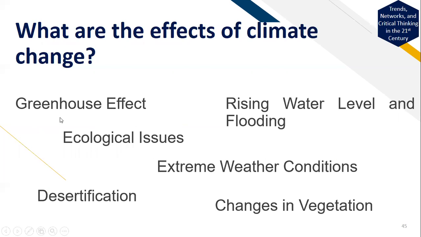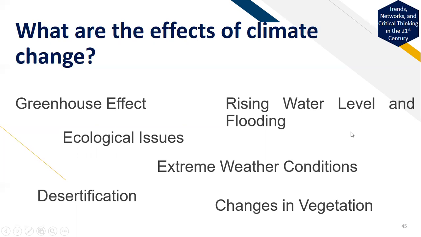So pag sinabi natin greenhouse effect, ito yung natatrap yung sobrang init. Okay, natatrap yung sobrang init sa ating mundo. So instead na nagba-bounce back siya sa solar system, ang nangyayari is dahil nga sa kapal ng pollution sa langit, natatrap yung init. Okay, so ang tendency niyan, umiinit yung kapaligiran natin. Okay, so yan, ecological issues. Okay, so nagkakaroon ng deforestation, landslides, ayan, illegal mining activities, hindi pagtatamang tapon ng basura sa tamang tapunan, ayan.